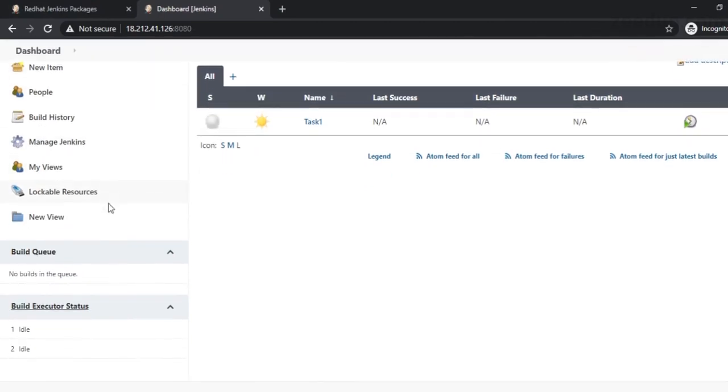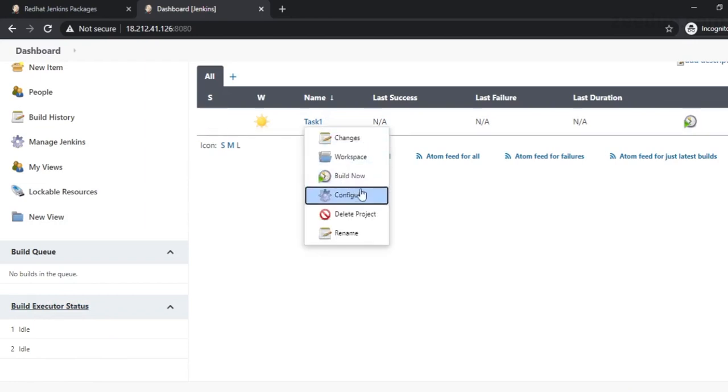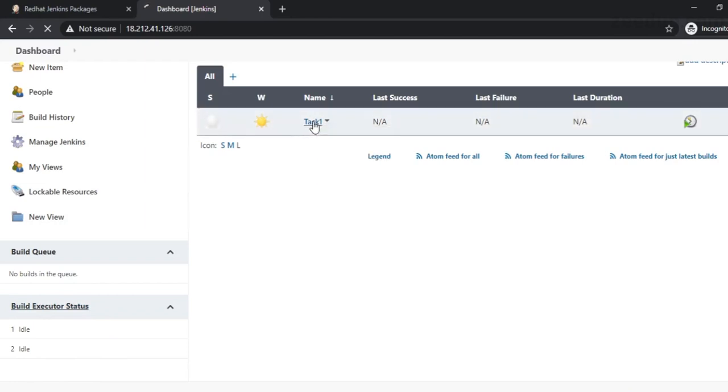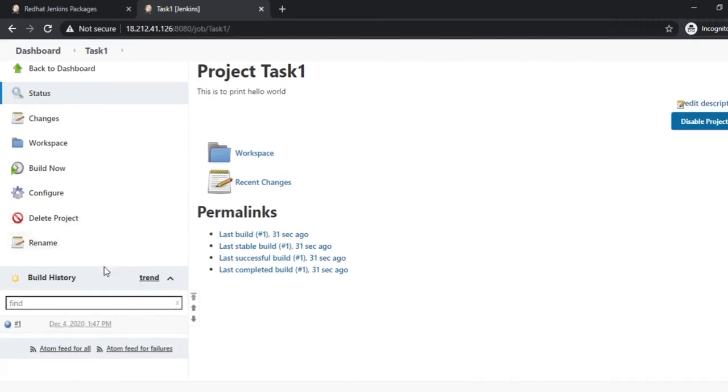It's building, right? Now when we come to the dashboard, we can see that our task was executing right here. So it has completed its execution, and we can go to this task and see what happened.